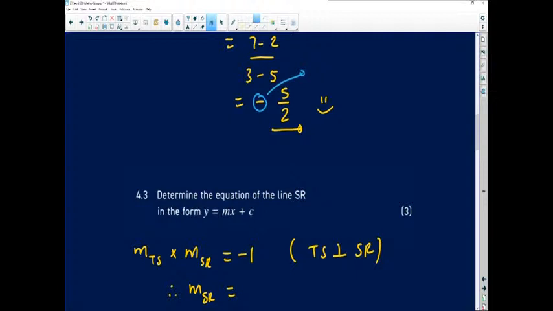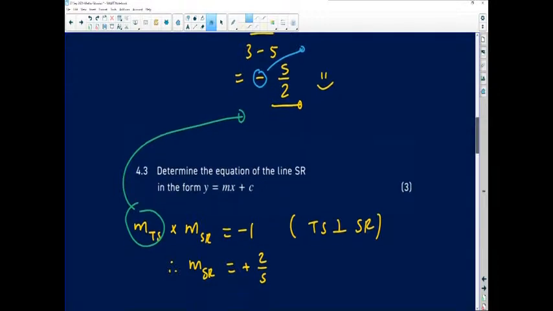Remember, beautiful people, we already know that this one, we worked it out from that previous calculation over there. So that means the second one is going to be upside down. It's going to be the inverse of it. So instead of being 5 over 2, it's going to be 2 over 5. And instead of being negative, it's going to be positive. So I promise you, if you multiply those two numbers, you're going to end up with the negative 1 that